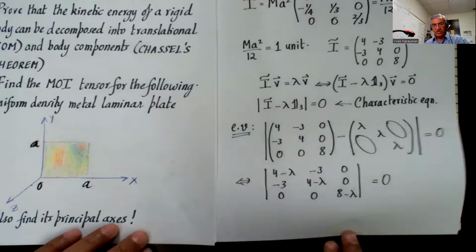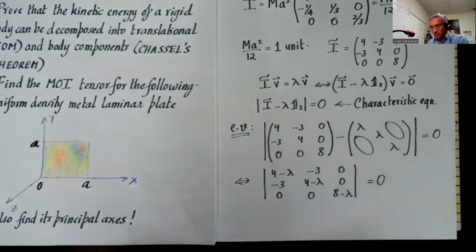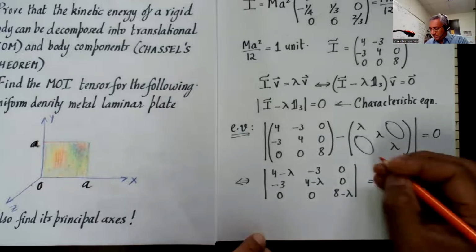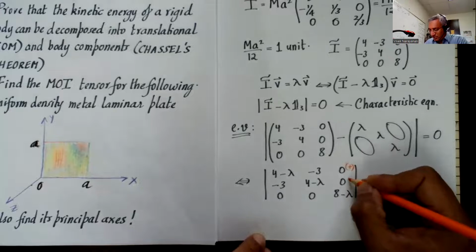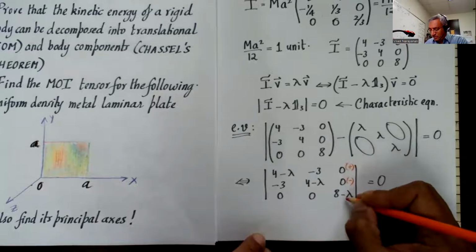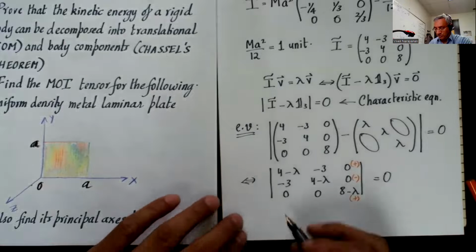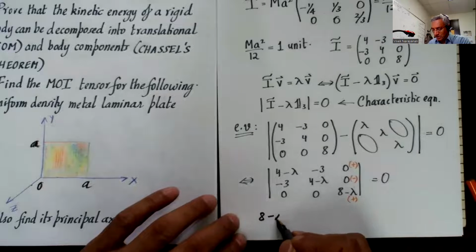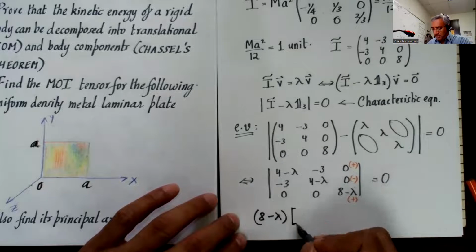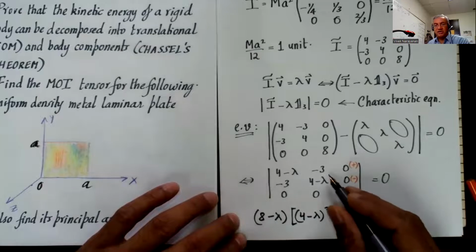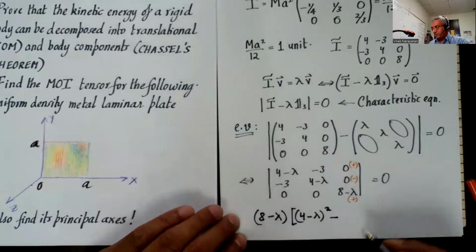Expanding this determinant in the third row, because of the convention that we have of this third column being plus, minus, and plus, although it scarcely matters since I'm setting everything to 0, I get 8 minus lambda times (4 minus lambda) squared minus (-3) squared, which is 9,